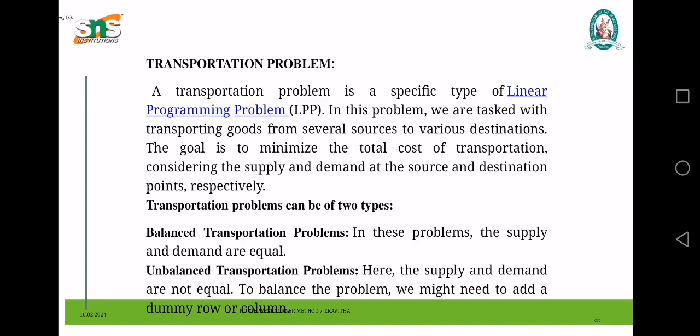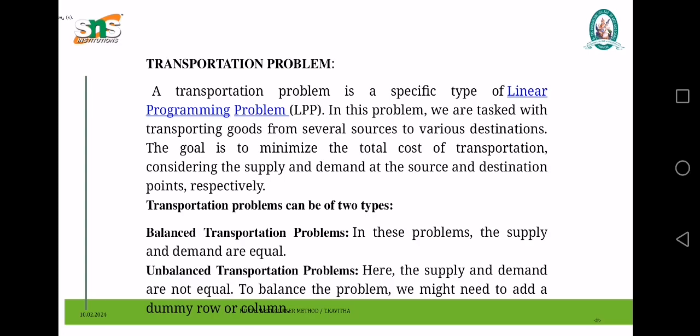First, let us see what a transportation problem is. A transportation problem is a specific type of linear programming problem. In this problem, we are tasked with transporting goods from several sources to various destinations. The goal is to minimize the total cost of transportation, considering the supply and demand at the source and destination